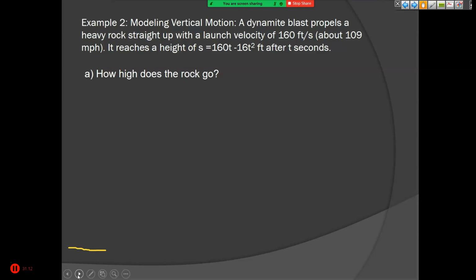So again, here's my little rock on the ground. It's getting launched straight up, and comes straight back down. Yeah, this was in feet per second. So it says, how high does the rock go? So the max height of the rock